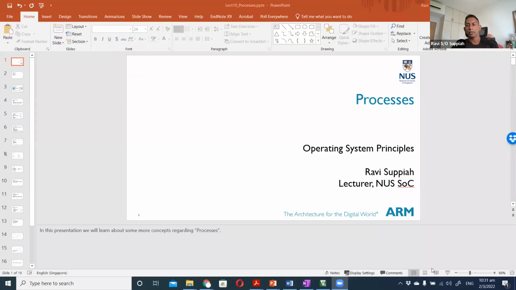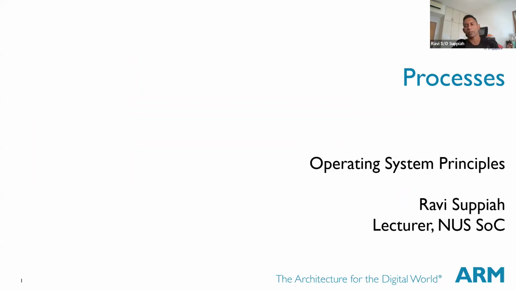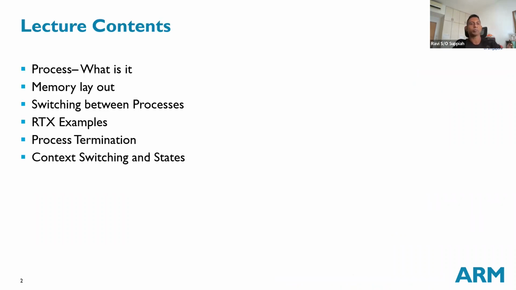Okay, so let's go to the next set of slides on processors. Again, processors or tasks or threads, the idea is the same. Whether you think of a high level activity as a process and you call it multiple sub processors or tasks or threads, the idea is the same. We're going to look at processors and how it works, and we're going to look at some RTX